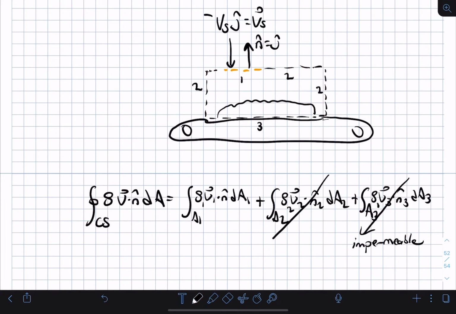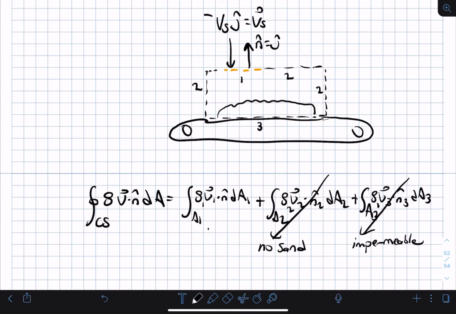So that goes away. There's simply no sand, because remember, we are neglecting the air mass. And so the only portion of the surface integral here that matters is this piece here,